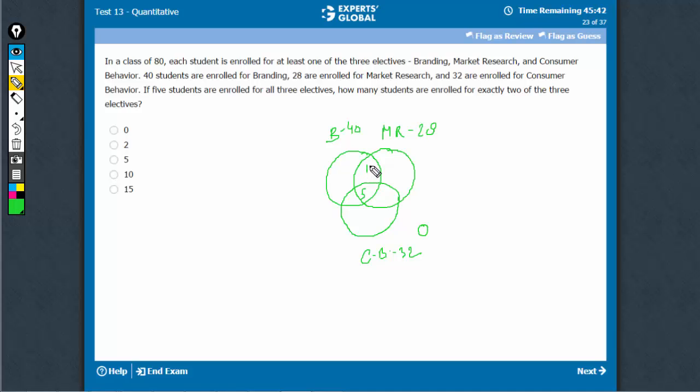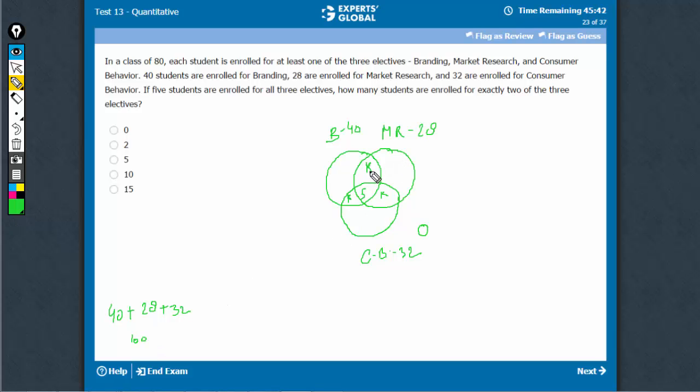So let's assume these 3 are K, K, K. So these 3 put together are K, let us say. Okay. Now let's do some math. If we add all the 3 pies together, 40 plus 28 plus 32, what has happened is that in this sum, whatever this is, 100 it is,